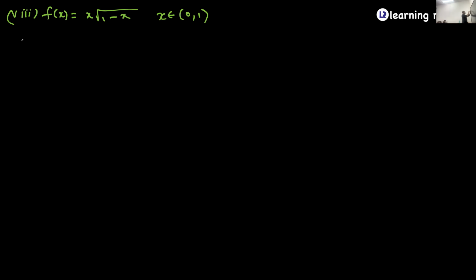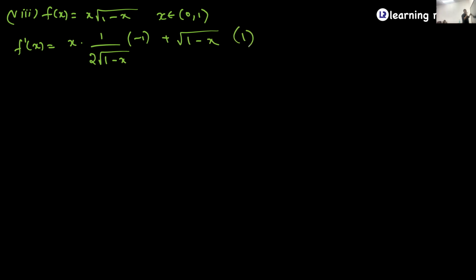Right. So what is f dash of x here? First function into derivative of second function, that is 1 by 2 root of 1 minus x into derivative of 1 minus x, which is minus 1, plus root of 1 minus x into derivative of x, which is going to be 1. If I equate this to 0, then I'll get the critical point. So it is minus x divided by 2 root of 1 minus x plus root of 1 minus x equal to 0. So when you take the LCM, you will get